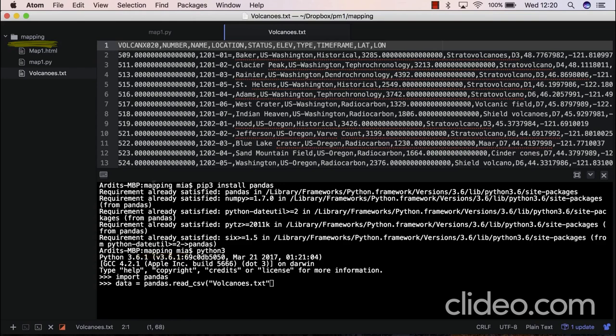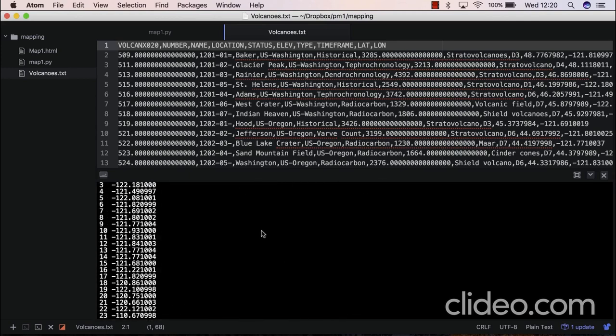So for instance, my session is inside the mapping folder, which is this one here, so I can just pass the file name. Otherwise, you may have to pass the absolute path of the file, which starts from something like C: and so on, depending on what operating system you are in. And execute that